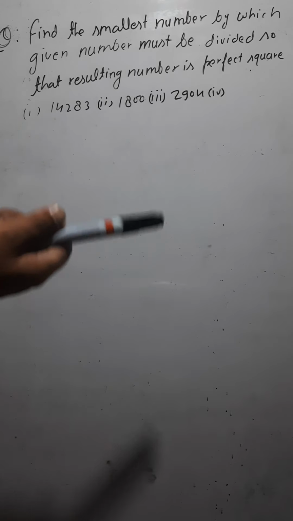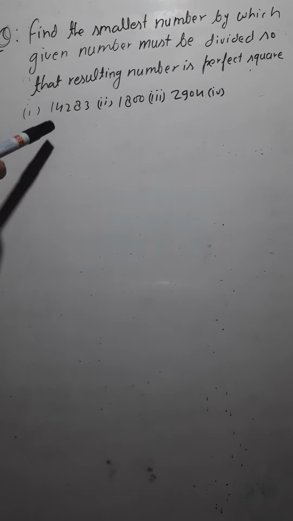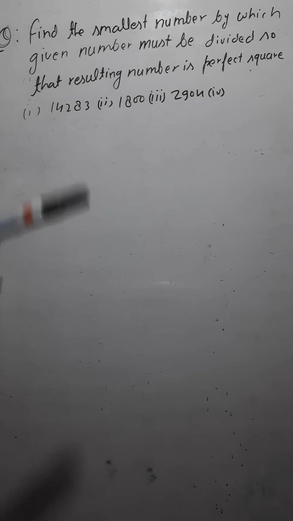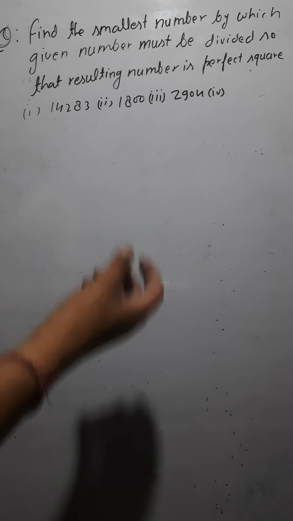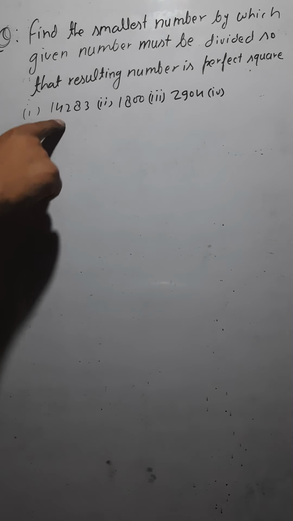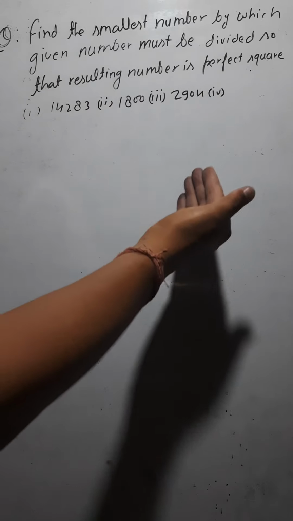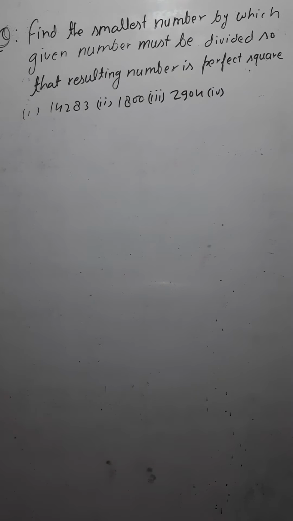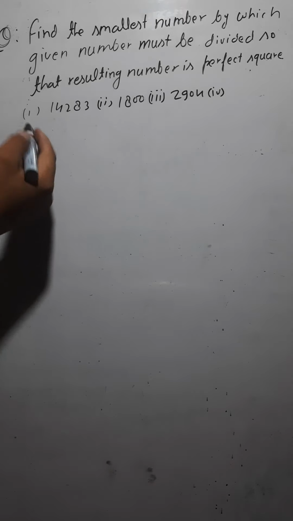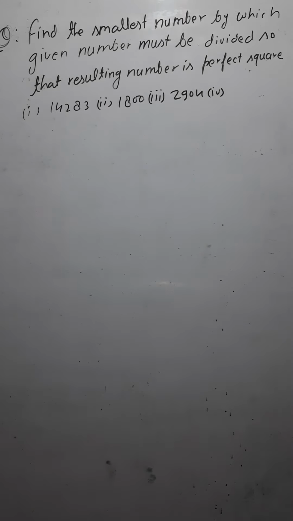the question of by which smallest number we should multiply the given number so that it could become a perfect square. Now in this case, you have to find the smallest number by which you divide the given number, and it would become a perfect square. For that, again we have the method, and we are going to use that method here also. Let me solve the first one. The remaining you will do on your own.